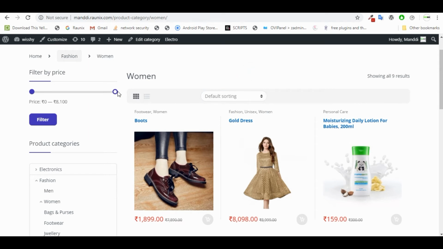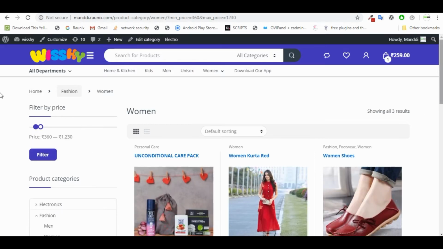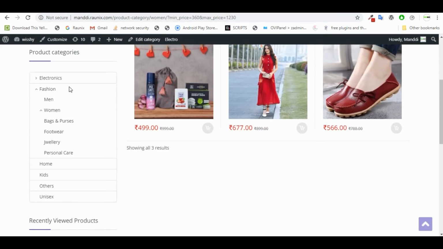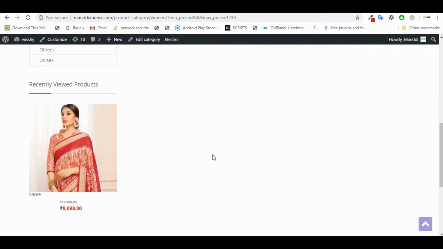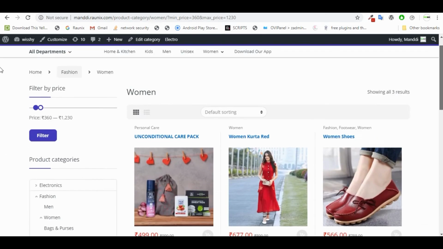And these are the filters available, low to high and high to low. Your client can also filter the price. If they want to purchase the product for a particular price, they can filter it here. As you can see on the screen, we have filtered the product. So now we can see the products only for this particular pricing, and we can always change it. So your customer can shop by latest category also. And as you can see, this was the last product we opened, so this is showing in recently viewed products. So this is the basic functionality.